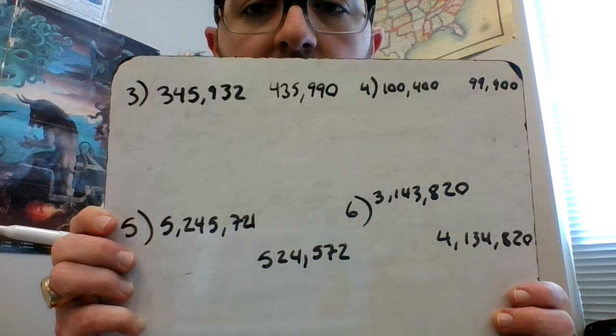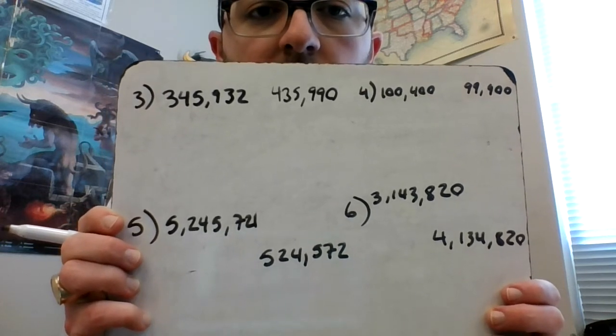And we have 435,990. Okay, and then let's see, we have 100,499,900, and then 5,245,721, and 524,572, and then 3,143,820, and 4,134,820. I'm reading a lot of the numbers. I'll show you them. So here are each of our comparison problems, and feel free to pause if you want